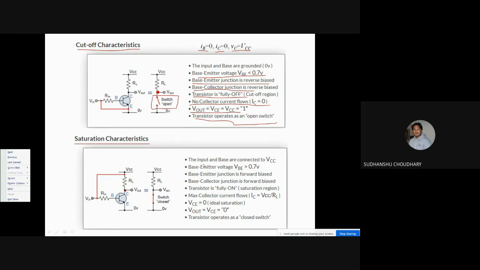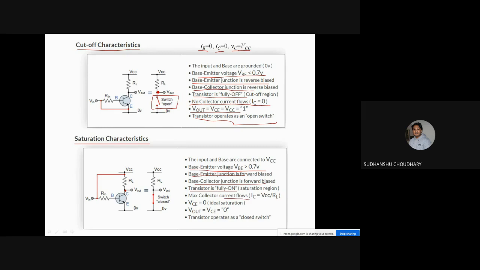The base emitter voltage is greater than 0.7 volts, which is the cut-in voltage of the diodes inside this transistor. Base emitter junction is forward biased, collector base junction is forward biased, and the transistor is fully on,